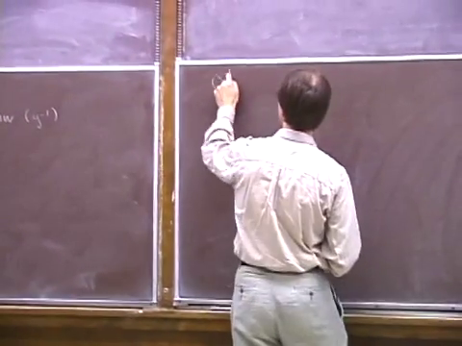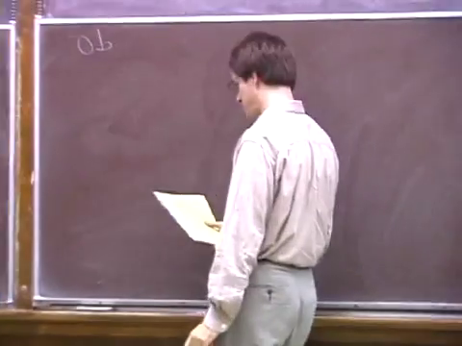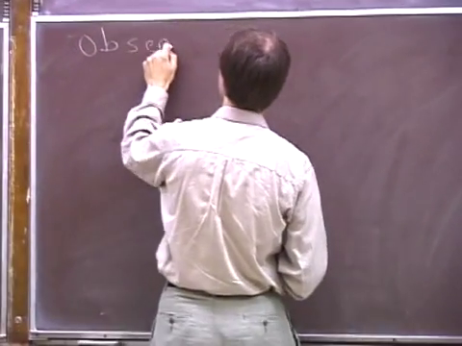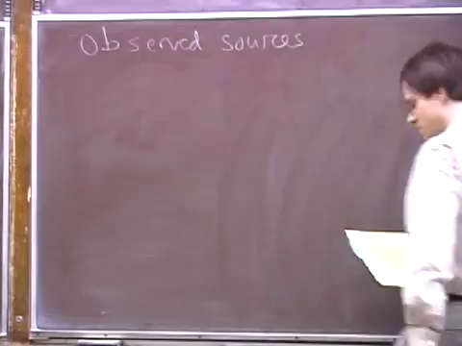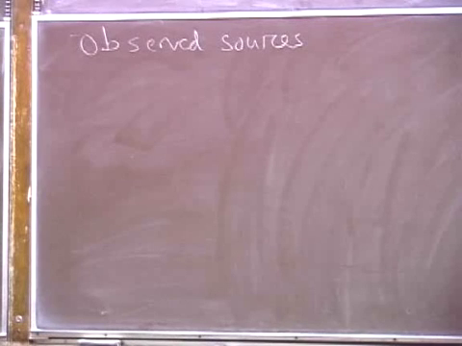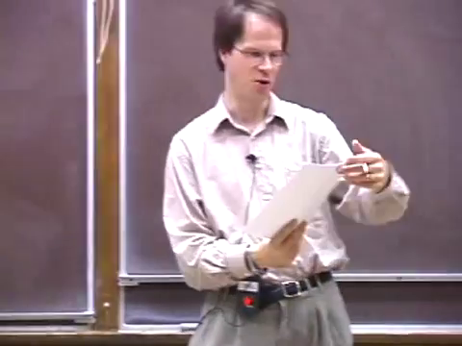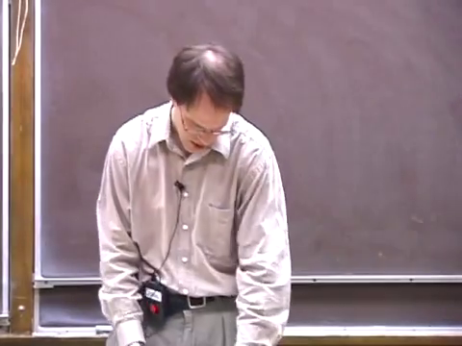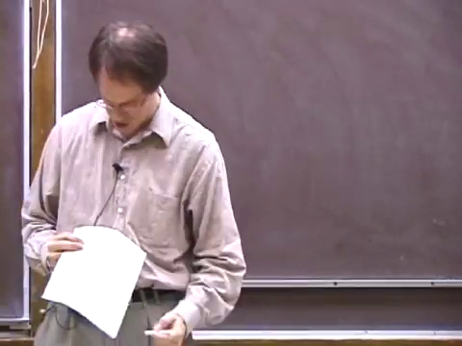So let me start off, as all good astronomers should, by saying that nothing exists unless it's been observed. So let's try observed sources or progenitors of sources. On the handout I gave you today, I gave you a list which is almost but not quite complete. I got bored with some of these neutron star plus brown dwarf systems since there are about a dozen of them, and they're all pretty much the same, so I skipped them. But this lists all, as of this month, that I knew about,